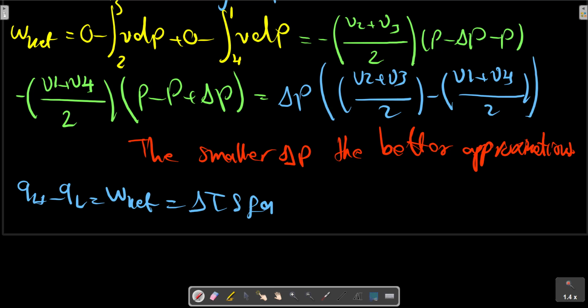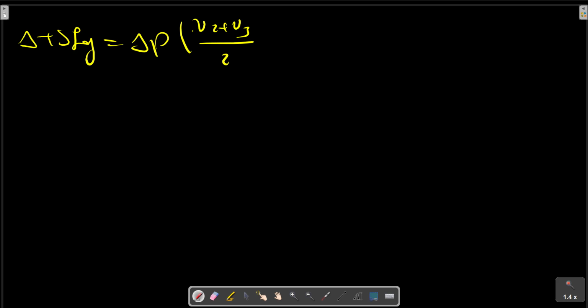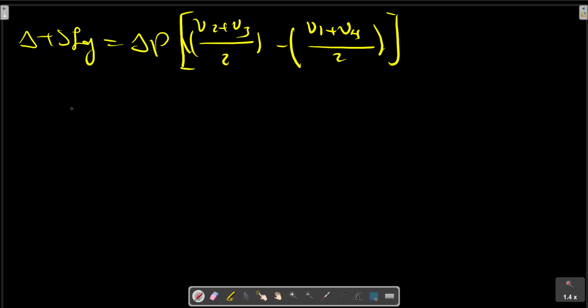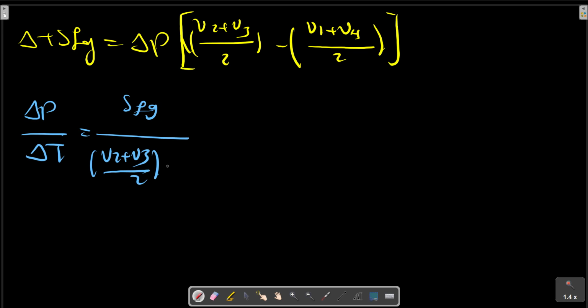With an equality, delta T sfg equals V delta P, so delta P on delta T equals sfg over V. In this limit, as delta T tends to 0,